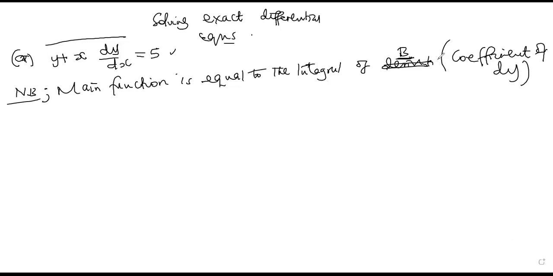So we are saying that the main function is equal to the integral of b, meaning that we need to first look at what is b. b is the coefficient of dy. So the integral of b with respect to y. For example, now for this, after having transformed this equation, we shall have it that the main function is going to be equal to, for the case of this one,